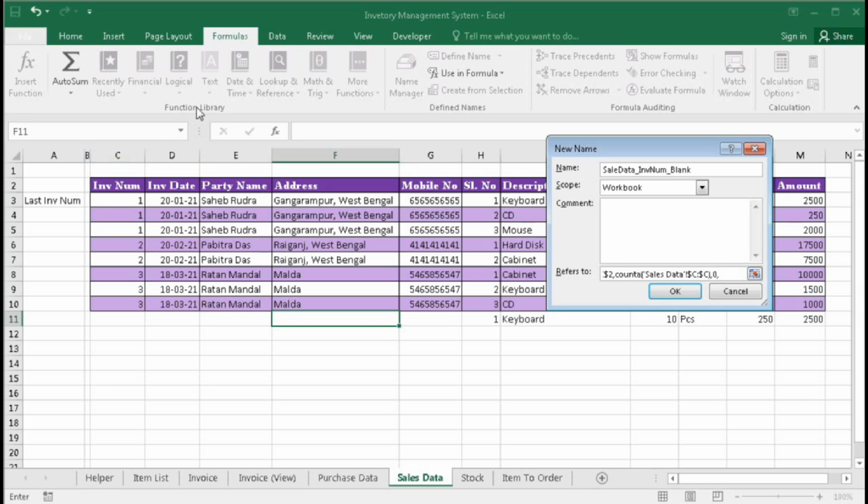So height will be total height of this column minus height of this column.